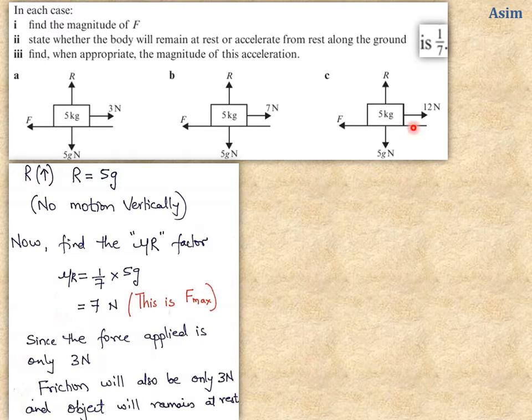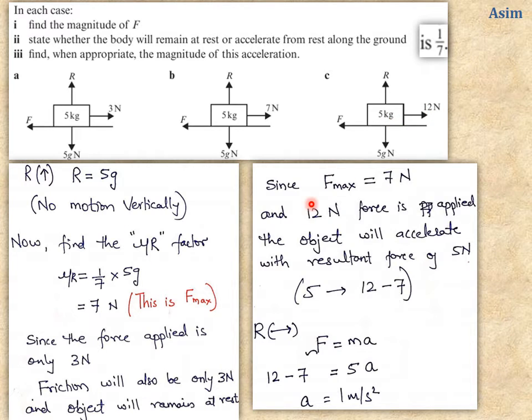Okay. In this case, question C and A, forces are everything same except this is 12. So you don't need to solve this again. Now F max we already did, it is 7 Newton. But previously it was 3 Newton, now it is 12 Newton. So now, because the maximum friction can only be 7, if you apply a 12 Newton force, it will result in the net 12 minus 7, the net extra force of 5 Newton, the object will start